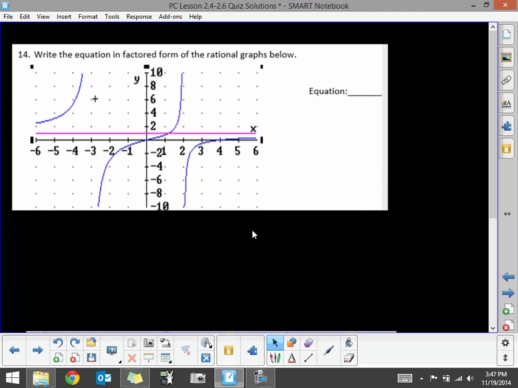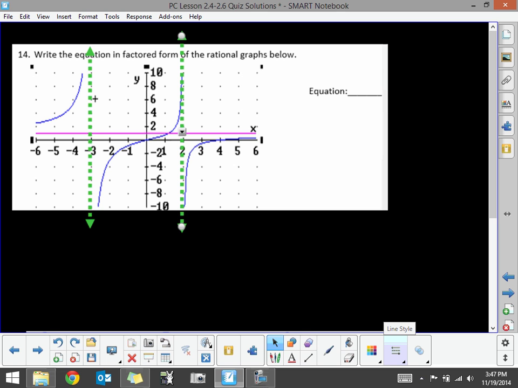In question 14, we're asked to write the equation in factored form of the rational graphs below. So here's the first graph I'm looking at. One of the things I'd like to put in here to help clarify a few ideas is that we have a vertical asymptote, at least one. I think I see another one as well. There's a vertical asymptote here at 2, and then there's also another vertical asymptote, again at -3. So I wanted to add those to my graph to help provide some clarity in what I'm going to do